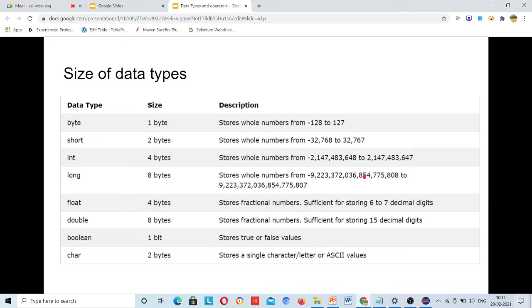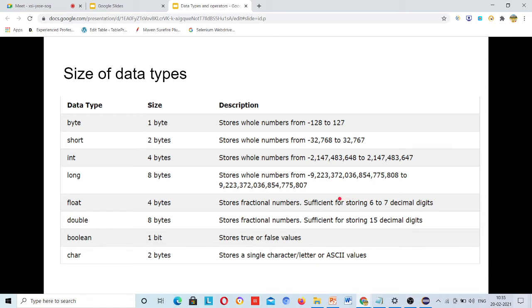If you are going to store a mobile number, it's suggested to use string because a mobile number cannot be manipulated. If I add my mobile number plus my father's mobile number, it doesn't become my mother's mobile number. So a value which cannot be manipulated should be in the format of string.